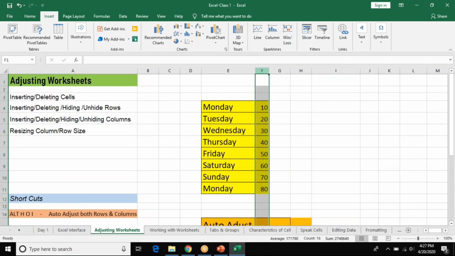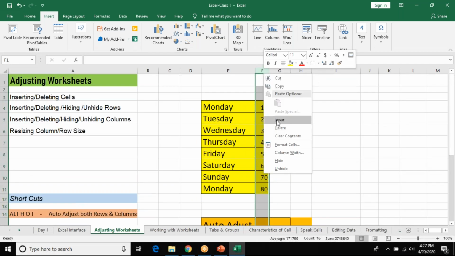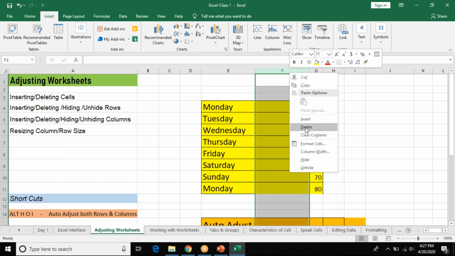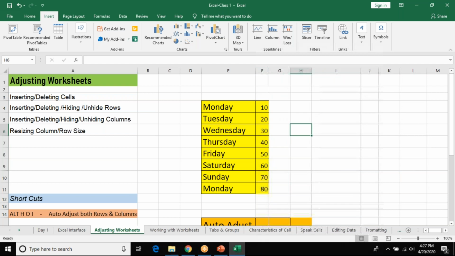All you have to do is right click and click on insert. Now see, one new column is added. If you do not want this column, again click on F, right click, and choose delete. It's gone. If you want to hide this column, maybe for future reference, because right now you don't need it,